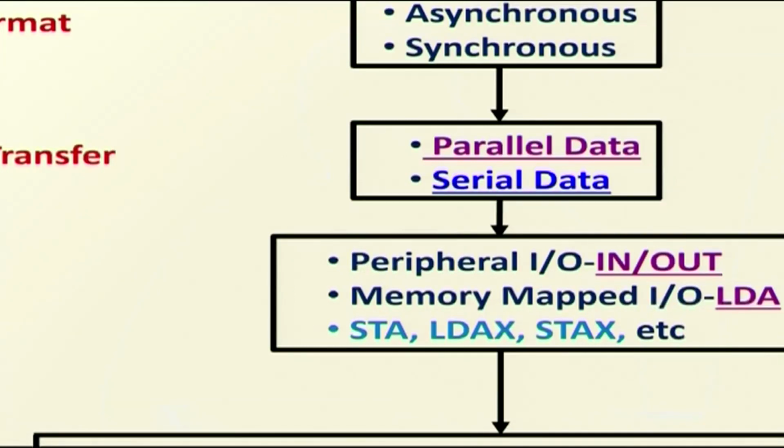During the receiving of data, the number of bits are received and stored in the buffer. When the buffer is full, it will interrupt the microprocessor to take the data from the buffer. Now, the serial data is converted to parallel, then the parallel data is transferred to the microprocessor. This kind of data transmission is called serial to parallel conversion. That is, during transmission, it will use parallel to serial conversion, and during receiving, it will use serial to parallel conversion. So, these two conversions are also performed in serial communication.